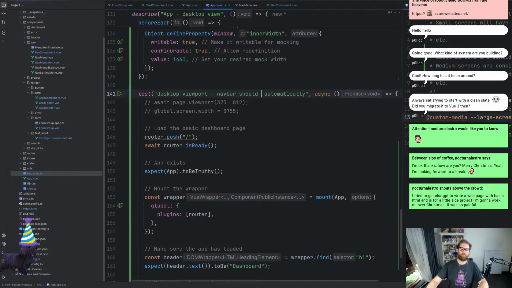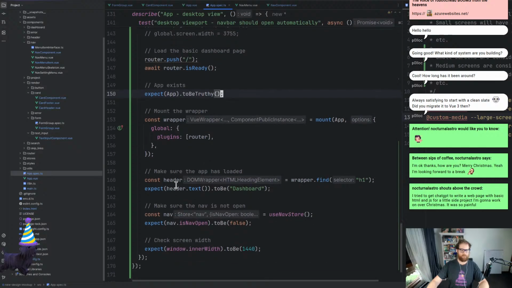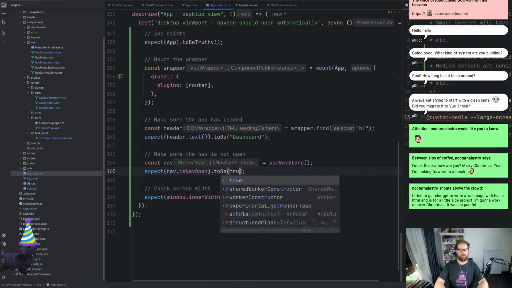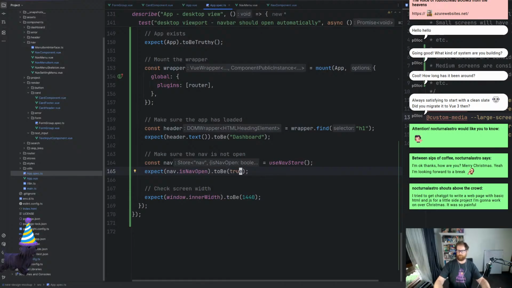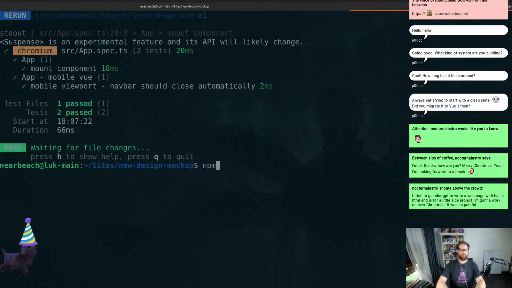Navbar should open automatically. Easy done. So yada yada yada. App to be truthy does all that. Header, wrapper, find H1 to be dashboard, sweet. Nav. Use nav store, isOpen to be true. All right, that's it. And what we want to do is go over here and then run test,